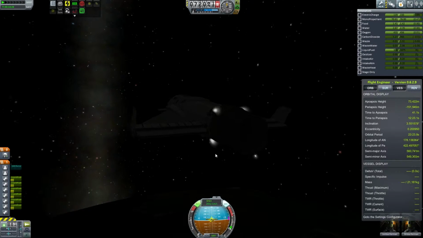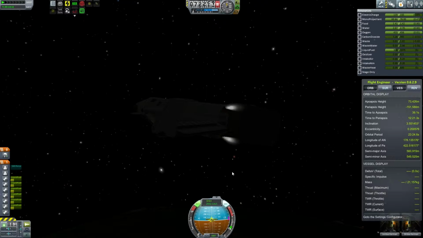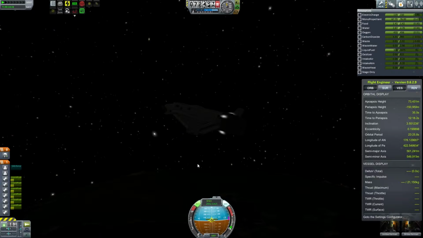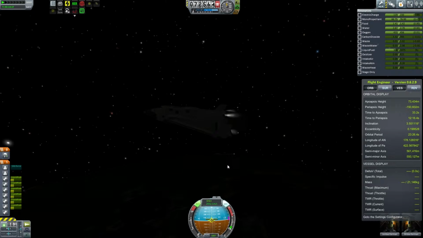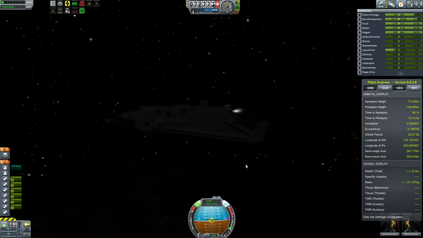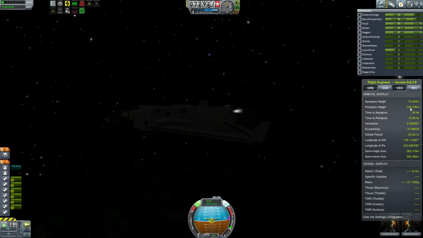I could have put the other type of engine here instead, the thing with just a bunch of RCS and using the RCS thruster type. I'm not sure if that would be more efficient or not. Depends on the amount of RCS you'd get, I guess. 100 and...